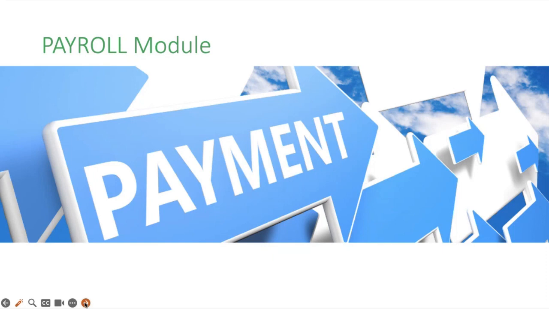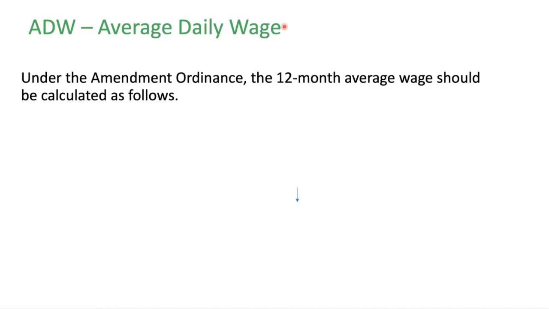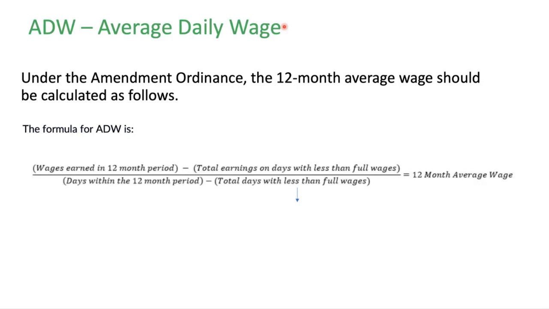After we have learned some of the basic keywords here, we will be talking about how the wage is calculated. It is basically the ADW, also referred to as average daily wage. Under the amendments of the ordinance, the 12 months average wage should be calculated as follows. The formula for ADW calculation is wage earned in the 12 months period, minus total earnings on days with less than full wage,